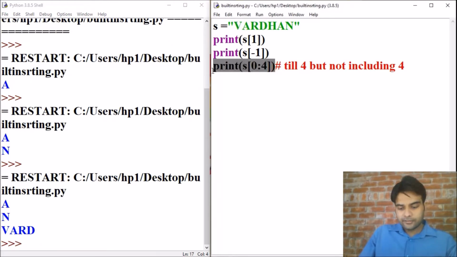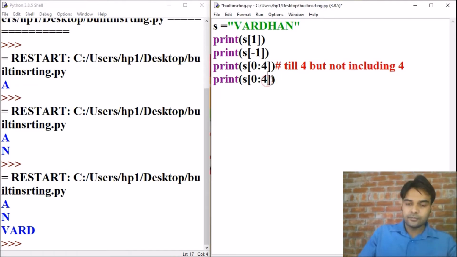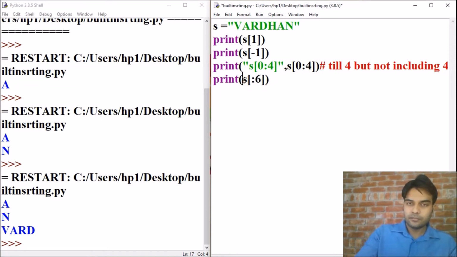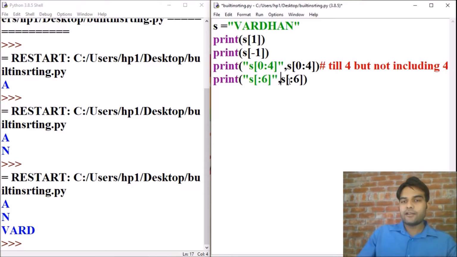Now let's take a further example. If starting is not defined, then it will start from 0 and move towards 5.